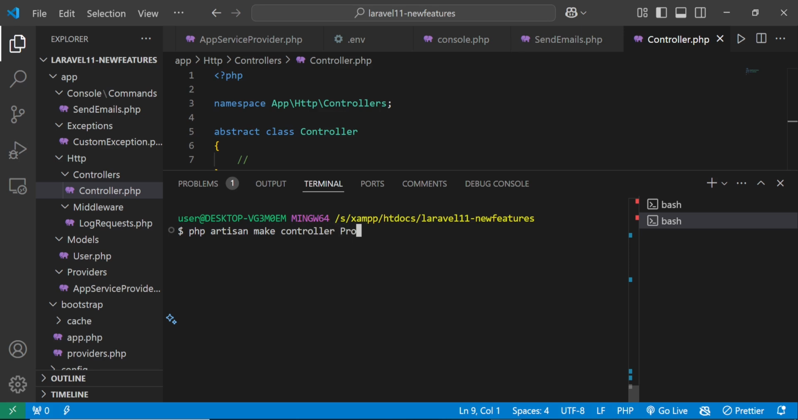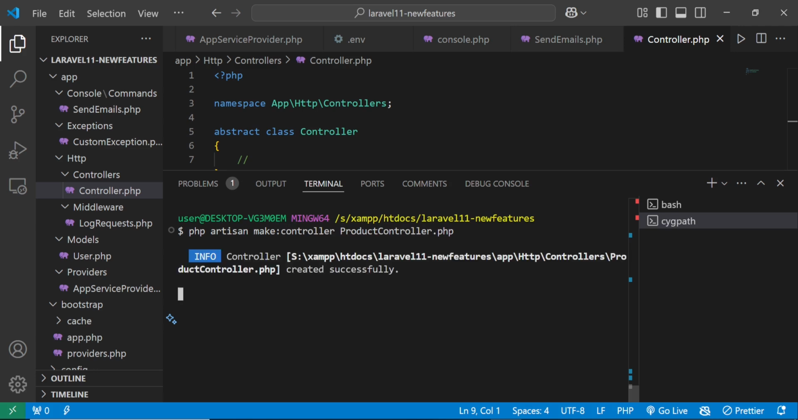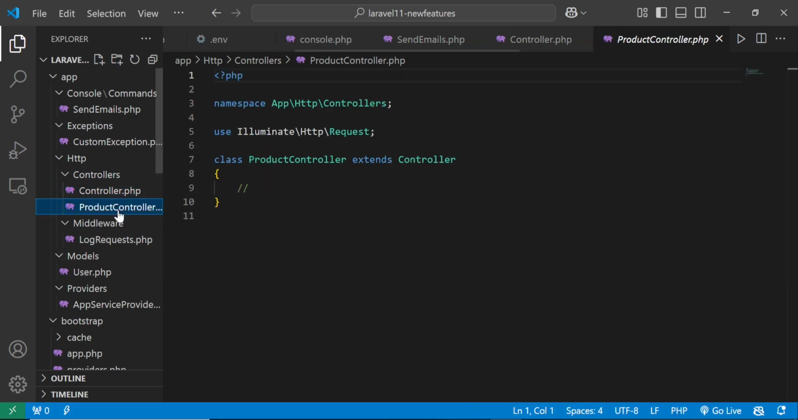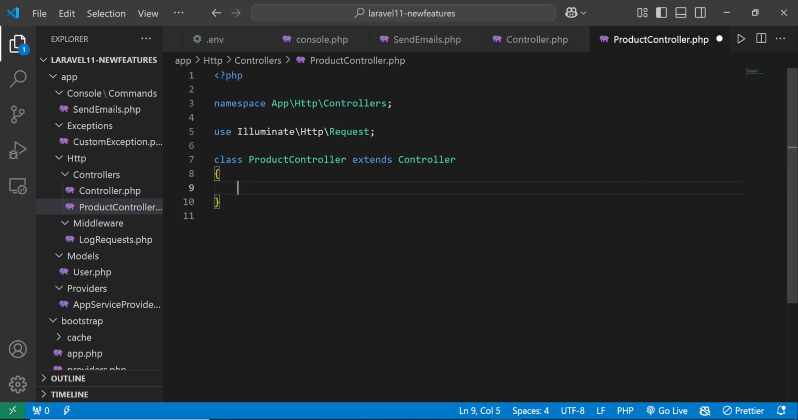And the name of that controller is product.php. Then let's add a colon here, like that. Now, we can come to this controller, and what we're going to have is that, for example, let's say